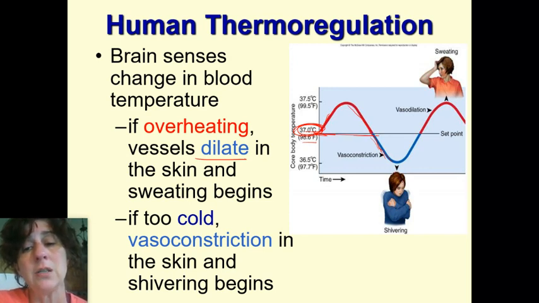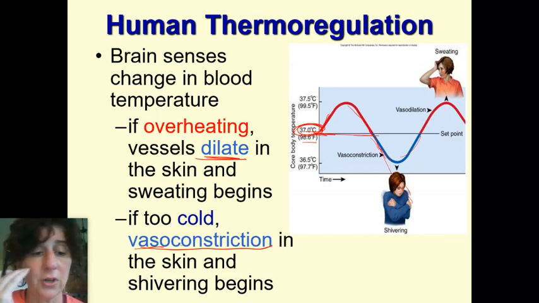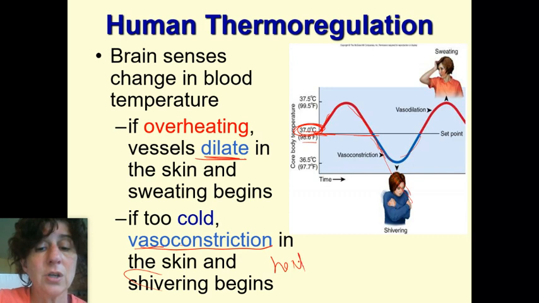So before we get too far the wrong direction, we're going to go ahead and rectify this now. So you constrict, that means they get smaller. Your blood vessels constrict where they dilated earlier, vasodilation. This is vasoconstriction. They constrict. That means less blood flow. You don't see that flushing anymore because you're pulling that blood away from the surface, and you stop sweating. And then in addition to that, you start to make those muscles contract, which is shivering, and that creates heat. And so you can release some of that heat into your body, and your body warms up again.